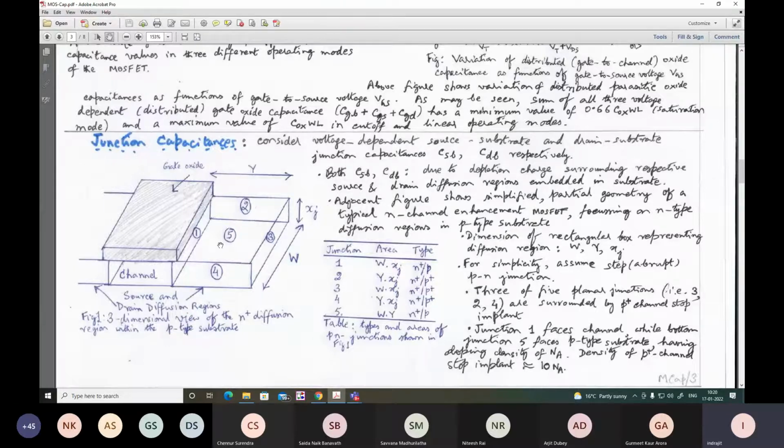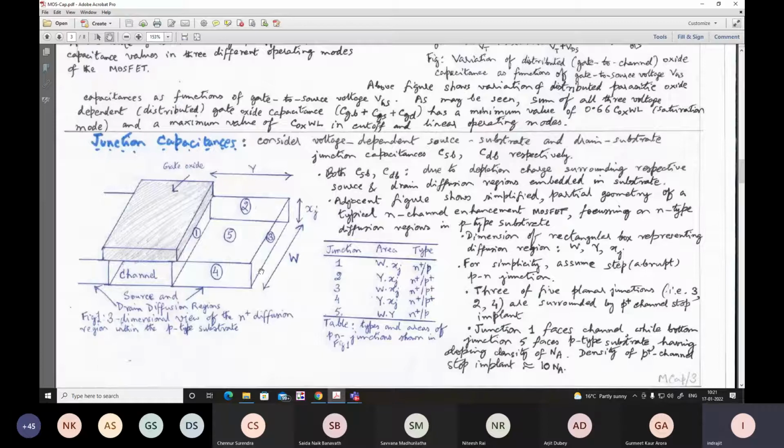So this is the top plate, gate oxide, and this rectangular parallelepiped happens to represent the channel. Note that although we are showing it as a rectangular box, the actual channel is very narrow at the oxide semiconductor interface. So of this box, only a thin rectangle with very small width will account for the channel, but the rest of the box will be filled up by the underlying substrate. And on this side, it is the N plus region.